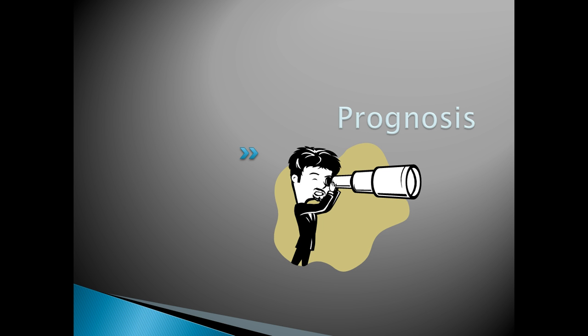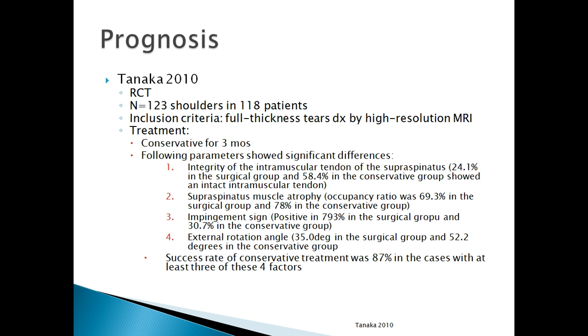So, what do we expect to see in these patients with rotator cuff pathology after a bout of conservative care? This study by Tanaka in 2010 is a randomized controlled trial with 123 shoulders in 118 patients. The inclusion criteria were full thickness tears diagnosed by high resolution MRI. Each patient received conservative care for 3 months, and the following parameters were used to show significant differences: the integrity of the intramuscular tendon of the supraspinatus,